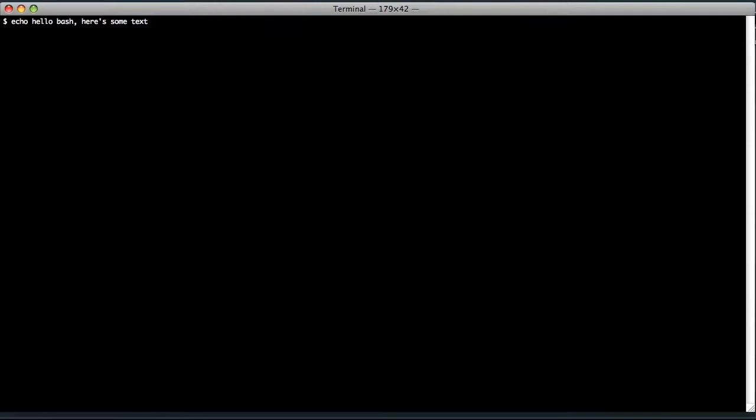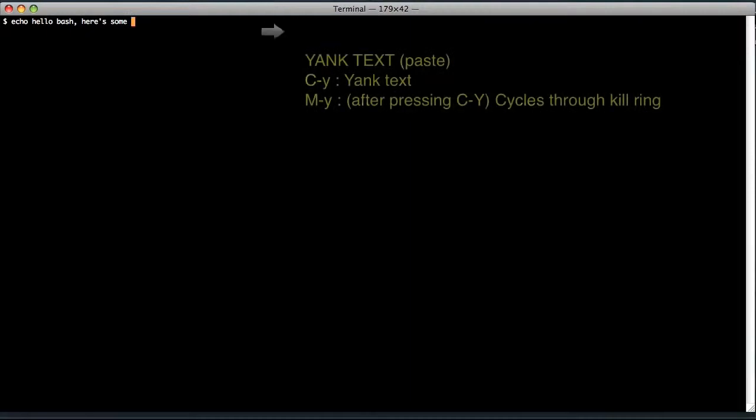For example, if I press Control A and Control Y, you'll see that I got both of the words in one entry. Now, to demonstrate the movement keys, let's say I do Control W 3 times, and then I press left, right, and then I press Control W twice again. Now, if I press Control Y, you'll see I get the 2 words that I deleted after I pressed the movement keys. If I want the text that I deleted before that,